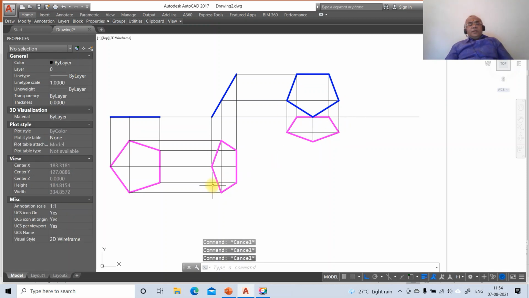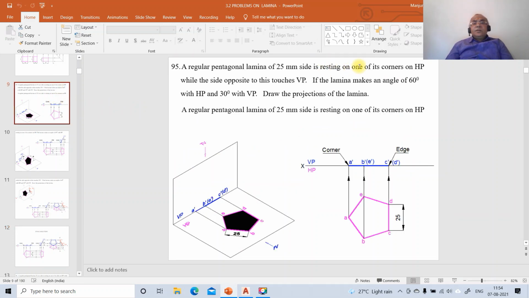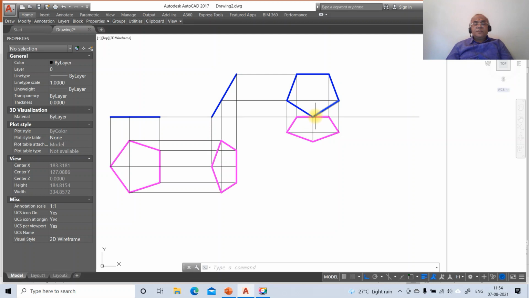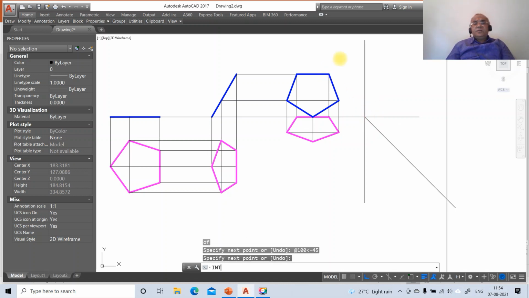So once you do that, you can see my problem statement is satisfied: resting on one of its corners on HP. So obviously this is the corner on HP while the side opposite the corner touches VP. So that is how it is going to be considered. Then go to first one and draw one x1 y1 line, then go to INT of this and you take at the rate 100 less than minus 45. Then go to line, take INT of this,